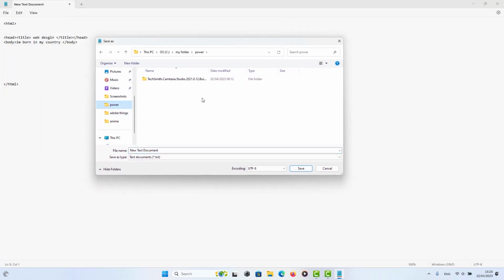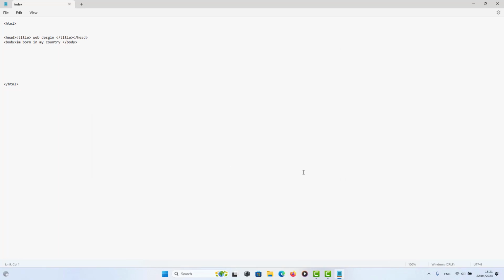For example, I'm clicking on my folder and clicking. It's important, guys, that we save our file as index.html, with type as all files, and it should be UTF-8, and click save.